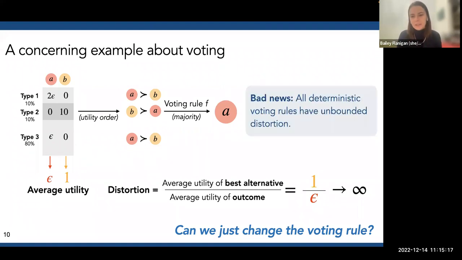So all deterministic voting rules will have unbounded distortion. And you can see that basically in this really simple example, any voting rule that will choose the majority will have this problem. You can just flip the example slightly and break any voting rule that chooses the minority, which is just a strictly worse voting rule in many ways. Okay, and you might have questions about randomized rules. I would be happy to talk about those later, but there's real practical reasons why deterministic voting rules are really interesting in their own right, because it's really hard to convince people that we should be making decisions based on randomized voting rules. So we're going to stick with deterministic voting rules for this talk.